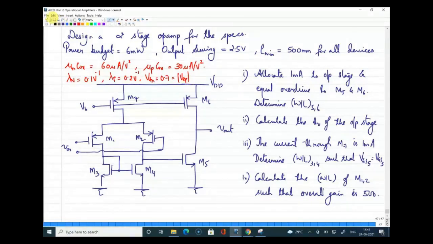All right, so how will we start this design? You have a set of specifications and a set of conditions to design the two-stage op-amp given here. So how will you start? Ananya? Are you there, Ananya? Yes, sir. Tell me, how will you start this design?